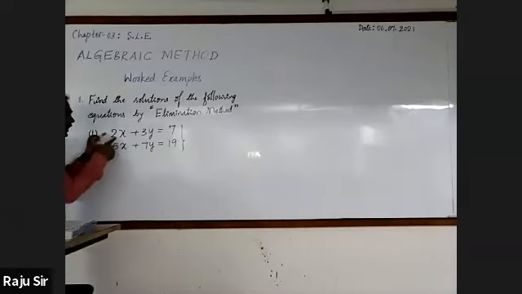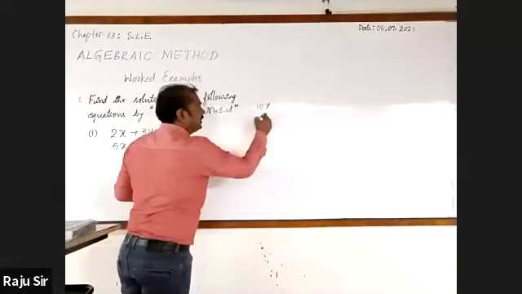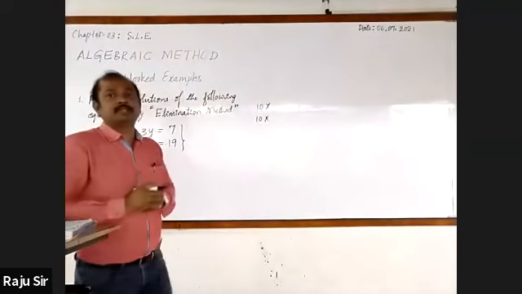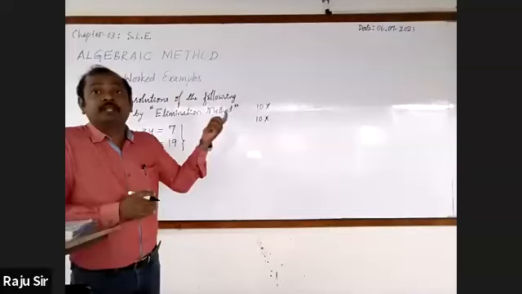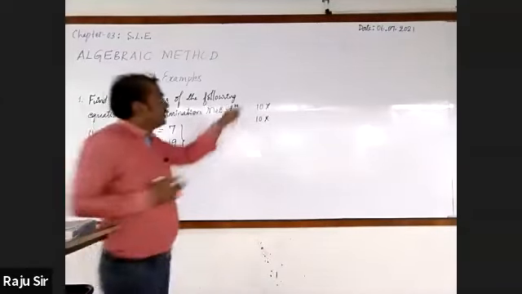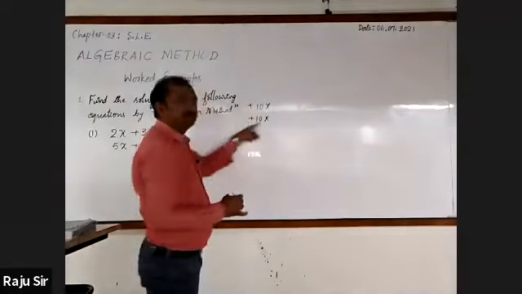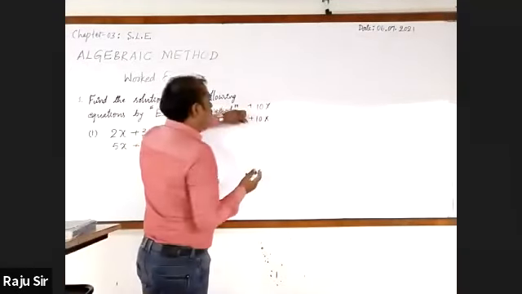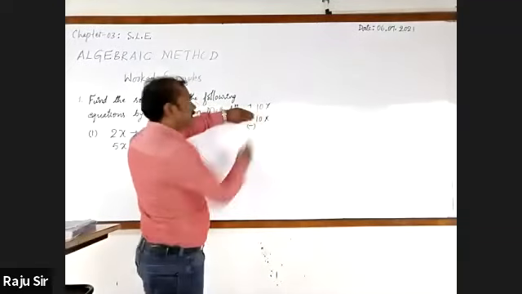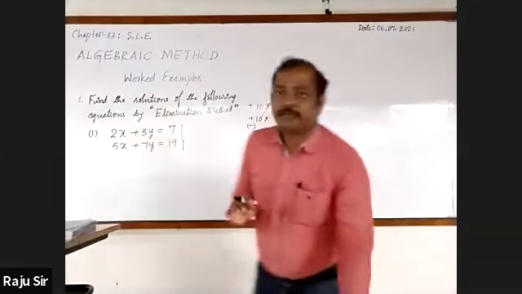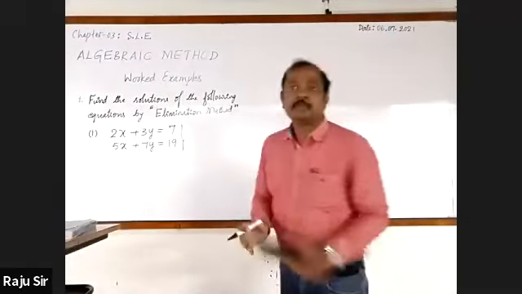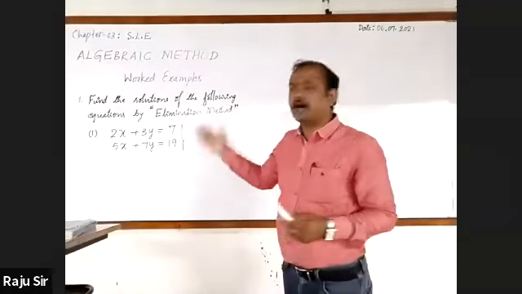It is possible if and only if the coefficients of either x or y are equal. Suppose here 10x and 10x is there. Is it possible to cancel? Yes, sir. It is possible to cancel if and only if the signs are changed. Okay, it is positive. This is also positive. Then it is not possible to cancel. So instead, if you change the sign, now see that it is plus 10x minus 10x. Get cancelled.